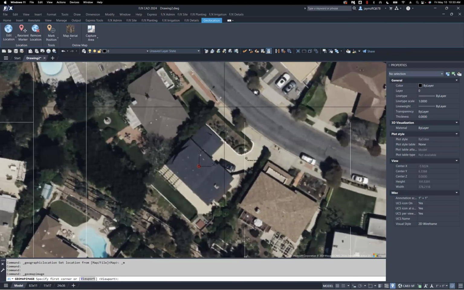In this case, we're going to take this whole property here. So I can estimate where I want this to be based on my cursor. I'm going to click somewhere about here and bring it down over here, maybe something like that. And what that's going to do is now create an image of this zone.